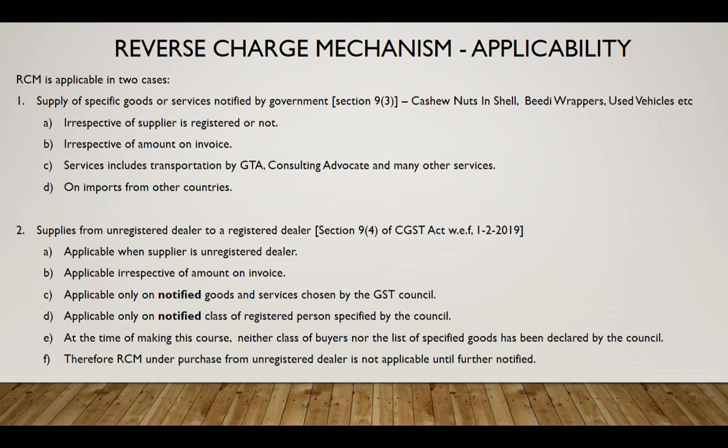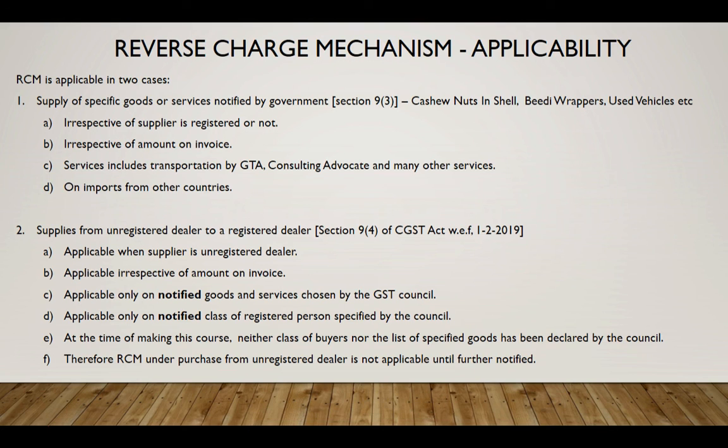So I recommend you keep a tab on changes with regard to reverse charge mechanism, and by the time you view this lecture there may be new changes defined by the council. At the end of the day, I would recommend you take advice from your chartered accountant or a legal advisor, because most probably they are the people who would have first-hand information about changes in GST and various legal aspects regarding GST. Alright, so these were a few things that you were required to know regarding cases for reverse charge mechanism.